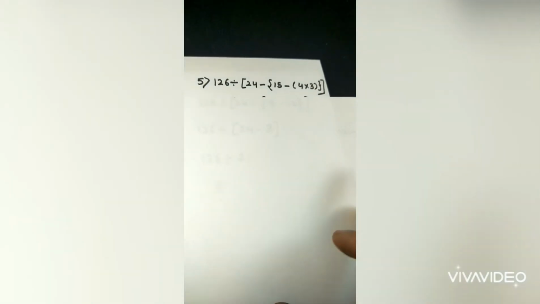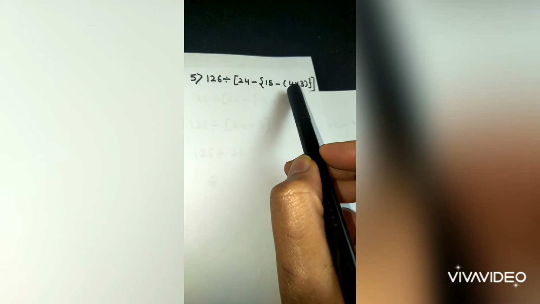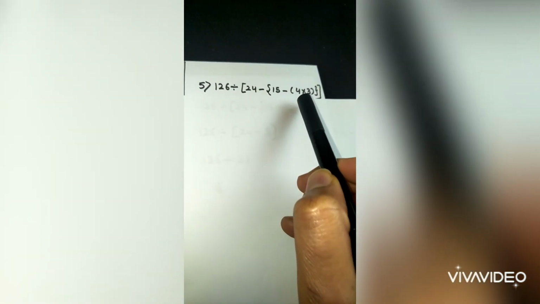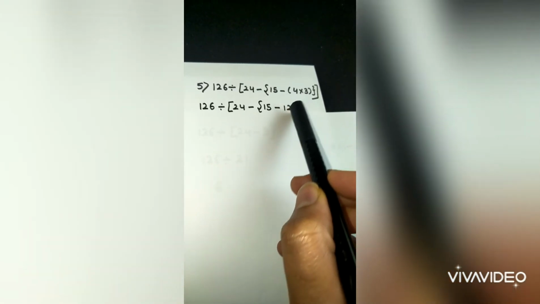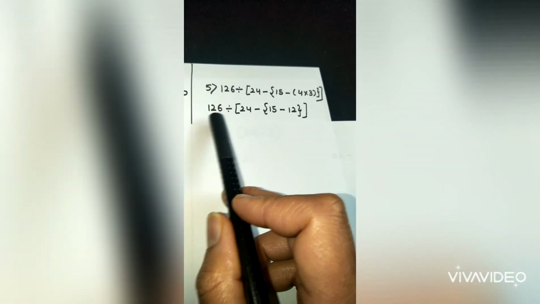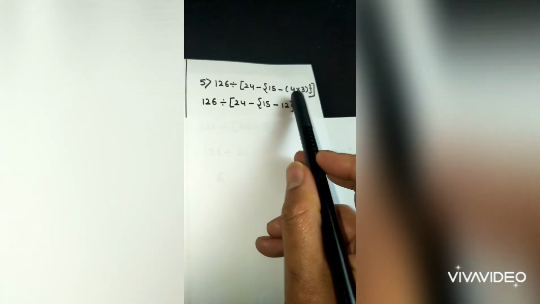So if we make it more complex, like I have introduced more than 1 bracket like that. So in this example you can see there are 3 brackets. So how will you solve this? So the rule is you will solve the inner bracket first. In this example 4 times 3 in the bracket, that gives the innermost bracket. So you will do this, that gives 12, and keeping all other brackets as it is. So I have not touched anything else. 15 minus, I have removed this bracket because I have solved that one.